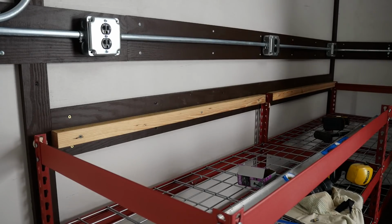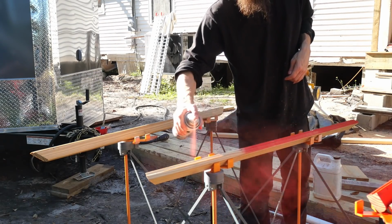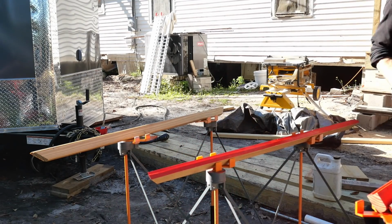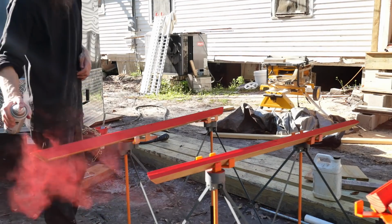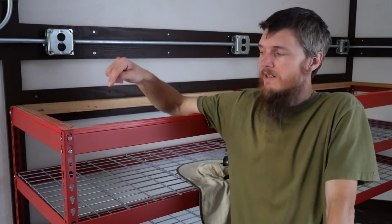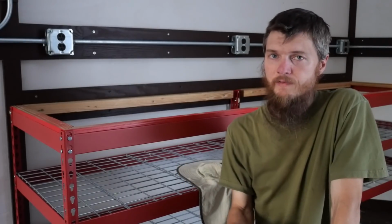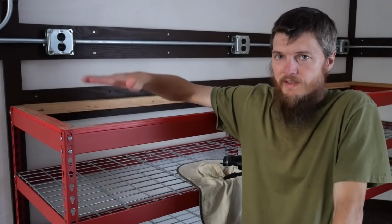We're going to make it look better. We're starting to run out of light in here, but check this out. Doesn't that look a lot better with the wood painted red? It's not a perfect color match, but it's spray paint that we just had sitting around. Why not use it? That's gonna blend in, and now we have a surface for the countertop to mount to